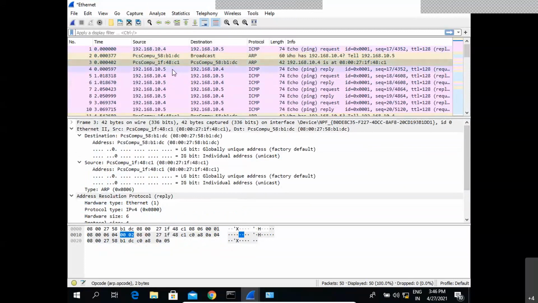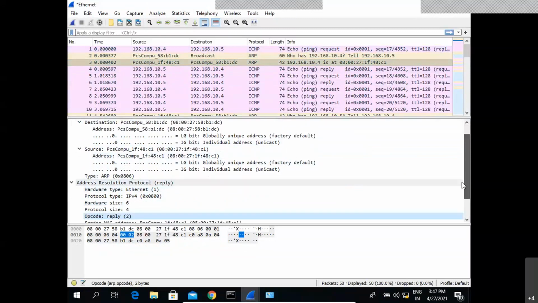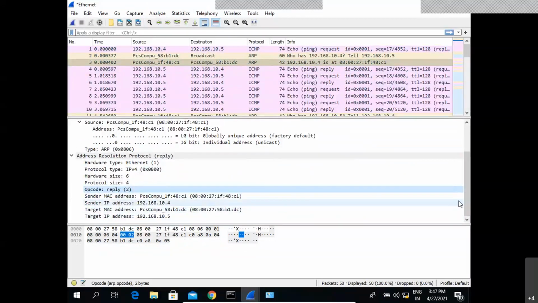We are getting a reply saying that so-and-so IP address is located at so-and-so MAC address. So 10.4 is located at 0807. So this is the reply we have got.